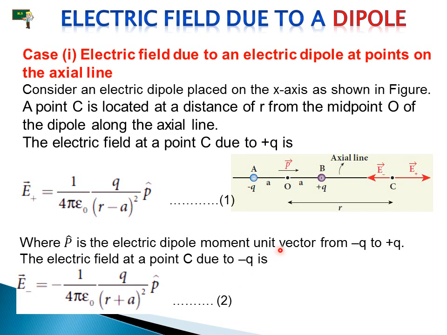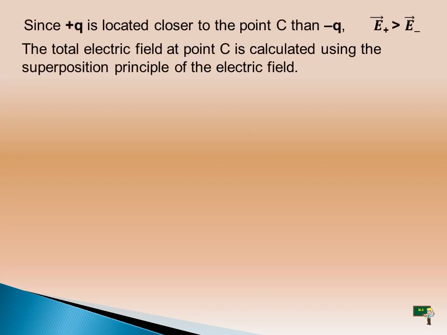Here also one question will be in your mind. Why do we add here? Because we have the distance O to C, that's R, but we have to find the distance from A to C. That's why we take A, the distance from A to O, and we also add the distance from O to C. That's why (R plus A) the whole square. Is it easy? This one is a very important question.